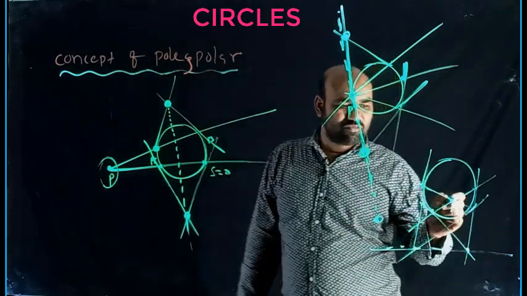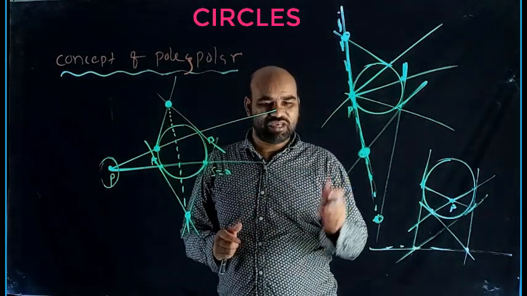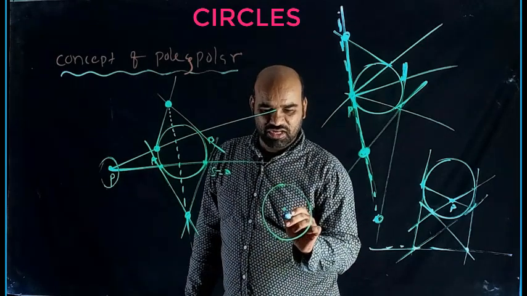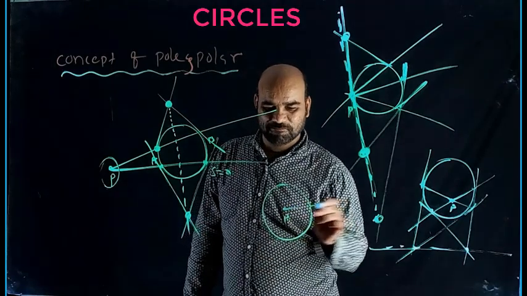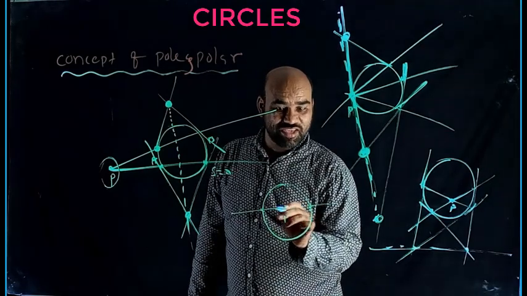Why I mentioned P is not to be taken as the center. If you take P as the center, observe here. This is the circle. P only is taken as the center. Through P you can draw infinitely many secants. So this is one of them. Extremities. This is the center, which means now I can say this is a diameter.